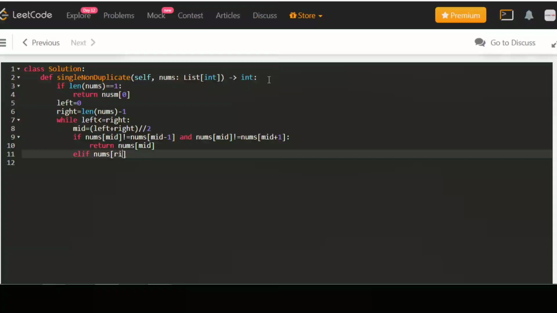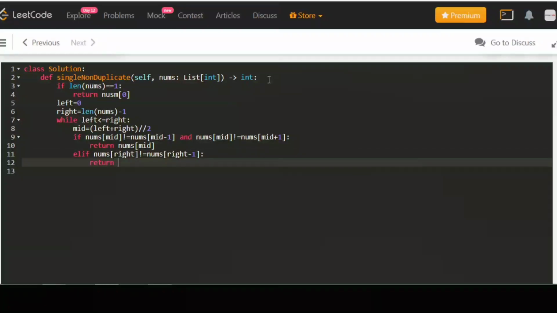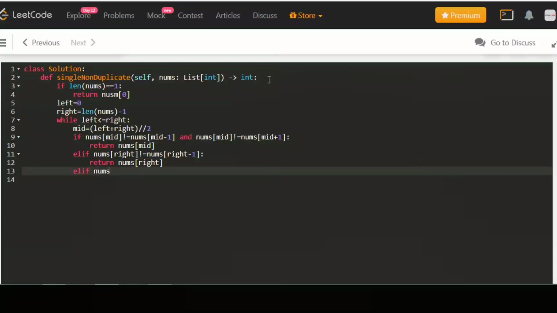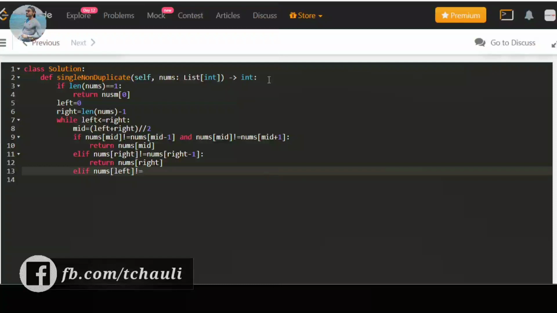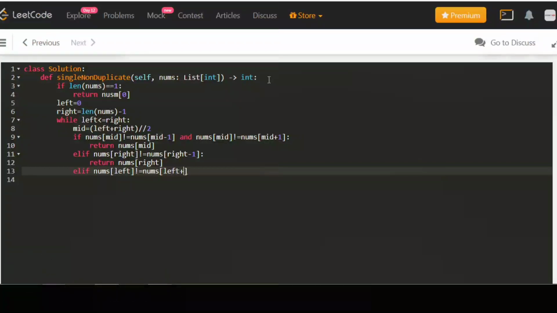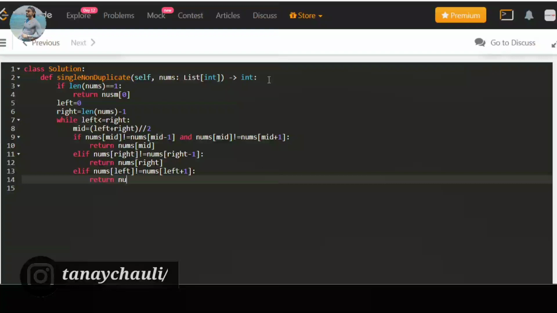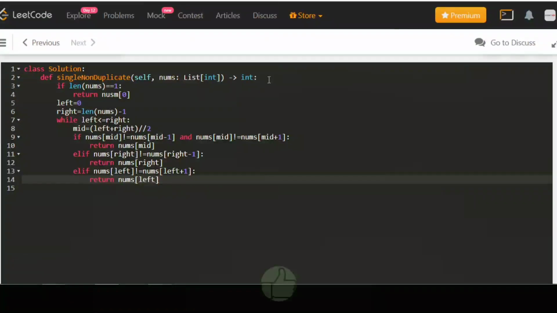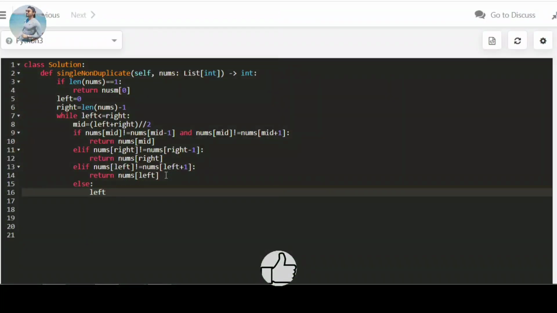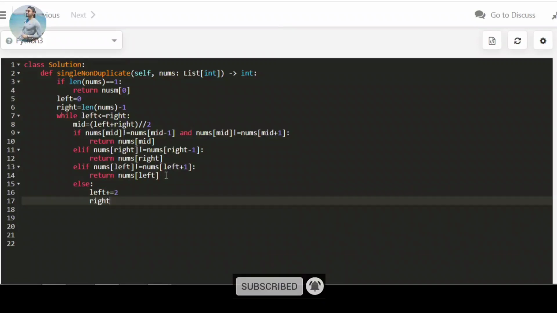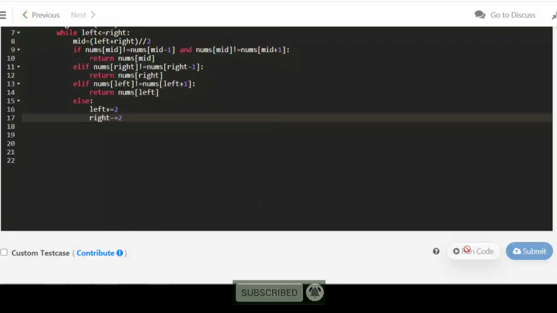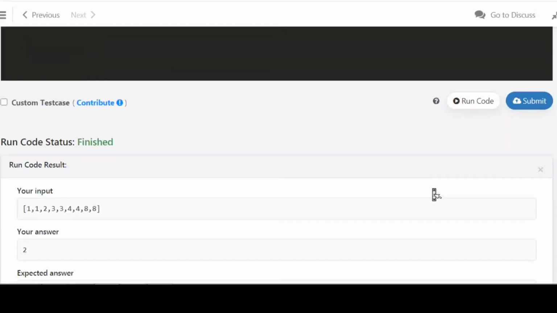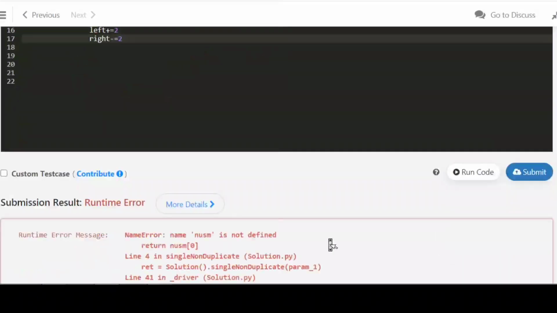Now elif nums[right] not equals nums[right minus 1], the right pointer's consecutive value is not equal, then we return nums[right]. Else if nums[left] not equals nums[left plus 1], the left pointer's consecutive value is not equal, then we return nums[left] as our answer. If the above conditions are not true, we will increase our left pointer by 2 and decrease our right pointer by 2. And now we'll run it.